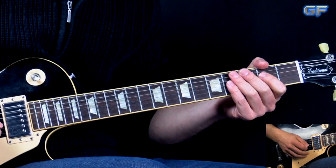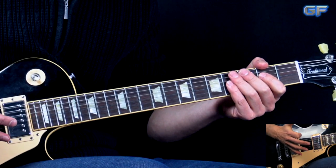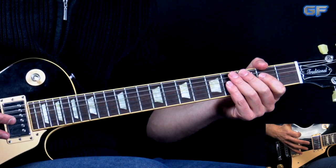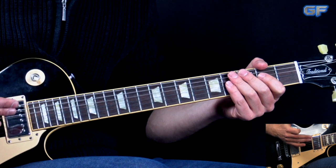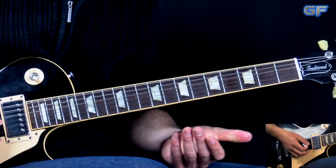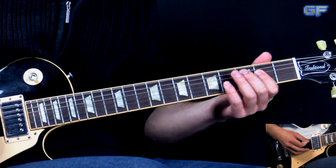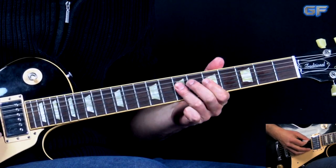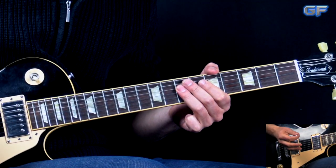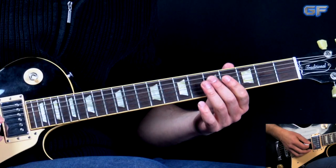Alright, so that's the main riff of the song, and now because there are two guitars going on there, you can play a slight variation when you play this riff. When you have the main part of the song, which is this one, you play exactly as the rhythm guitar. When we come to the slides,